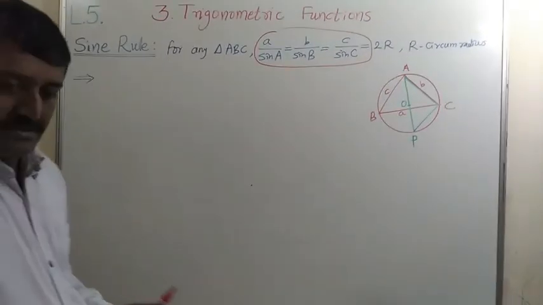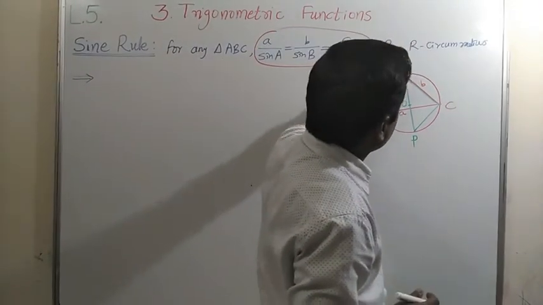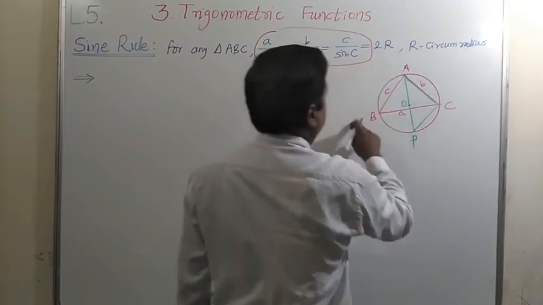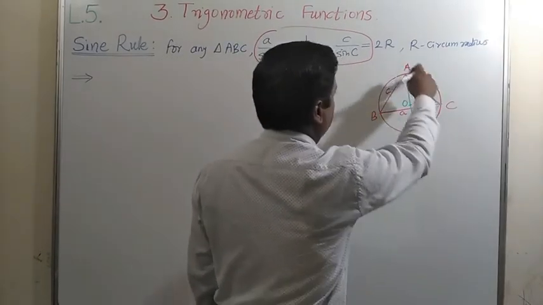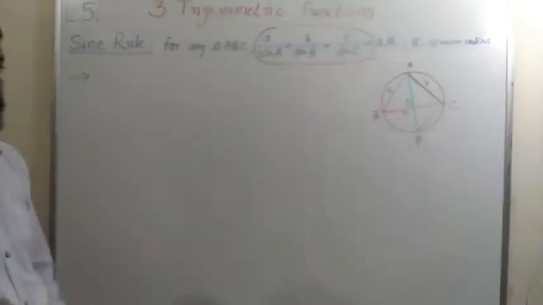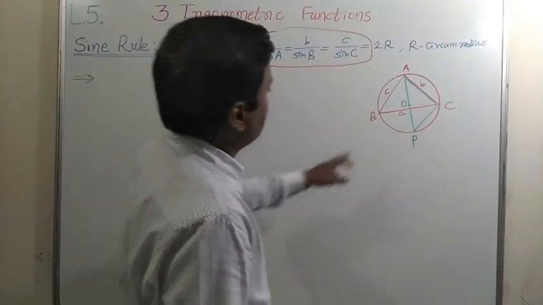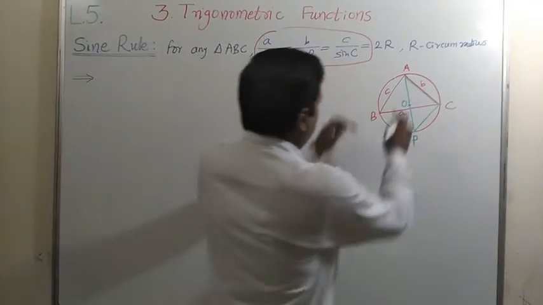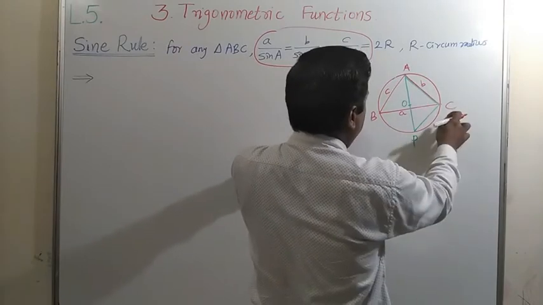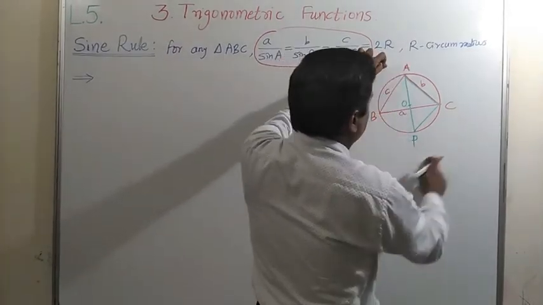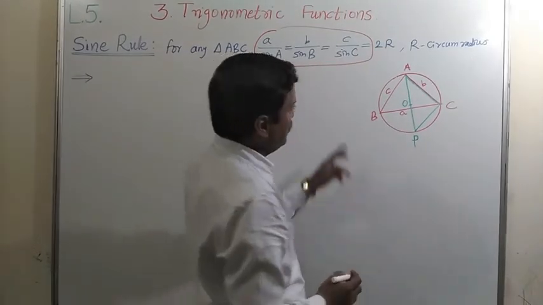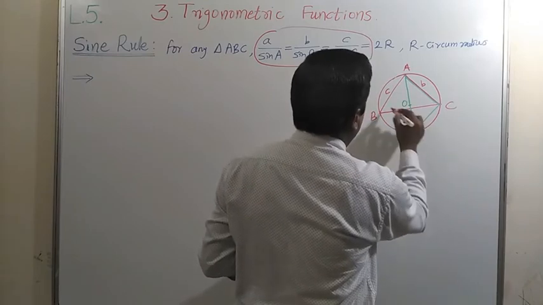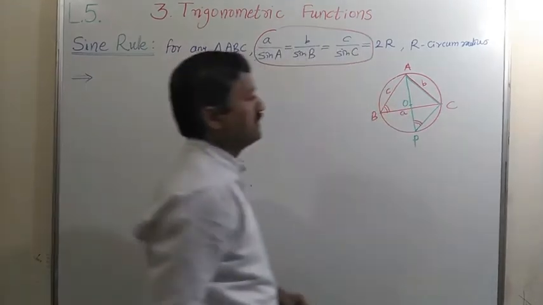For understanding, I am drawing here 2 lines. Actually AC is a single line, but for 2 triangles ABC and APC, I have drawn here 2 different segments. Actually they are the same one. Now in this figure, if you observe, angle ABC and angle APC are both inscribed in the same arc AC. These 2 angles are inscribed in the same arc. Therefore these 2 angles are congruent.